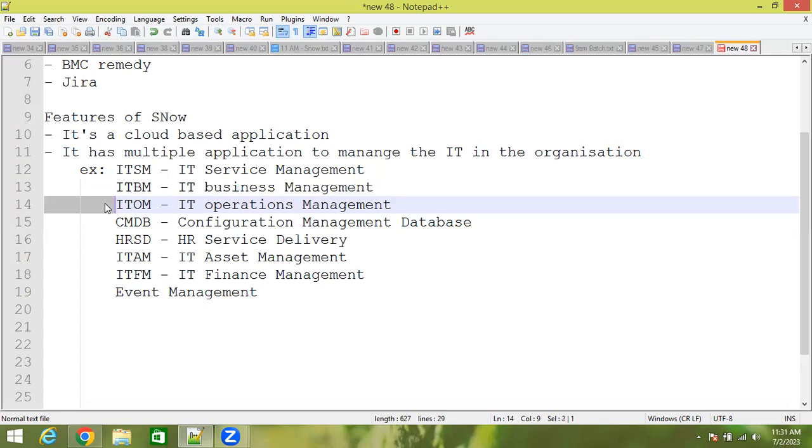ITOM, IT Operations Management. It is mainly used for operations in ServiceNow. There are a few operational activities like MID servers, discovery, setup, and process runs.